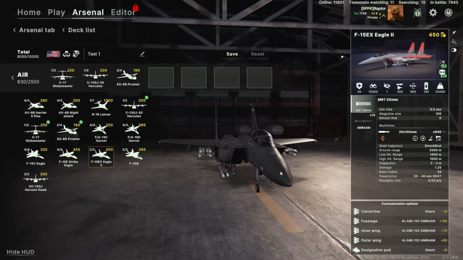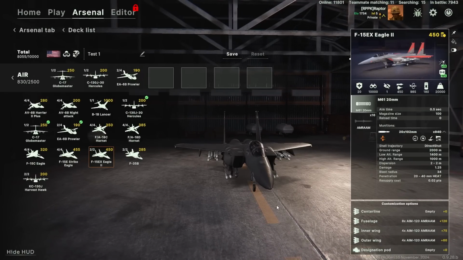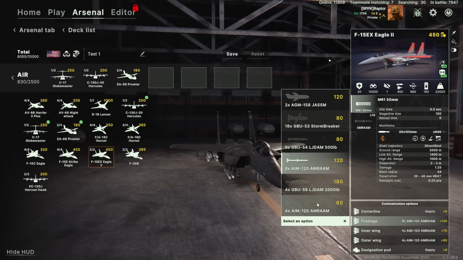Yeah, 16 missiles is an insane amount, and this is more likely to get shot down. And that is a crazy amount of points. But keep in mind, you could also change some of those. So you could go with a great number of those AMRAAMs, but then mix it up with some...